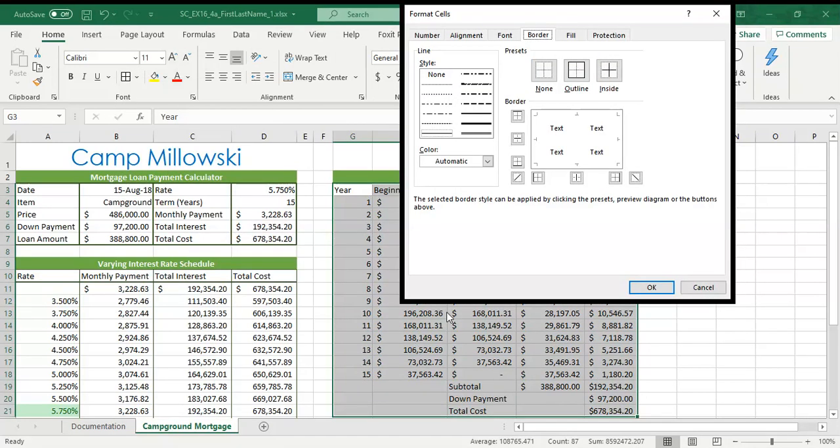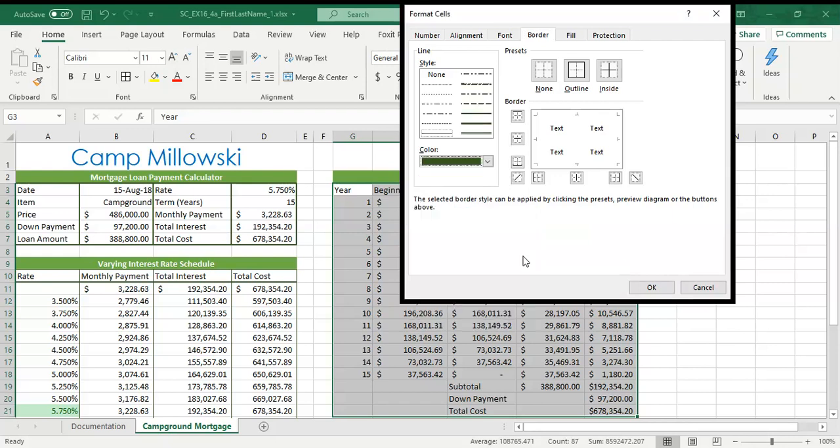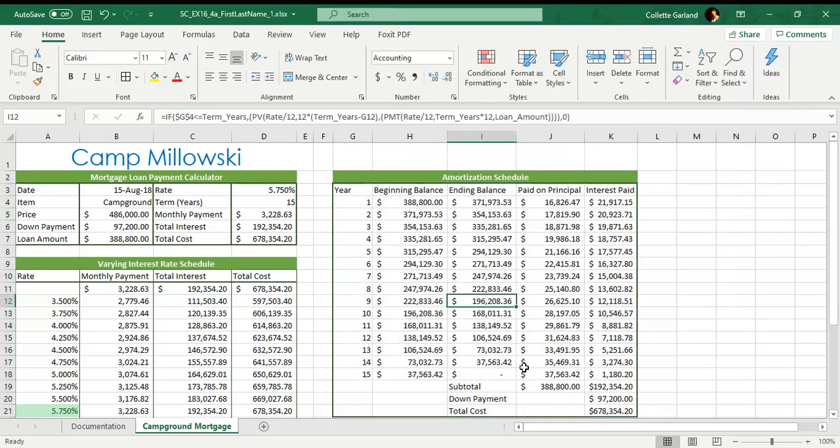More borders. First thing we're going to do is pick our color, and that's going to be the green, Accent 6, Darker 50%. And we're going to pick outline, and they want it to be a medium border style, which is second column, fifth row. That one. And notice it didn't change. It still looks light, so we'll need to click on the outline again to make it apply. Click OK, and you'll see we made